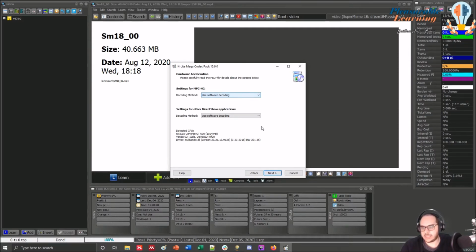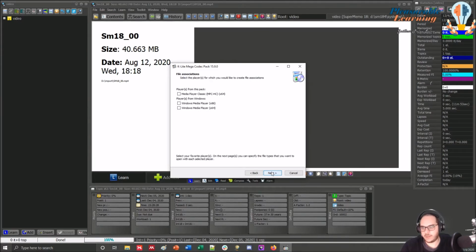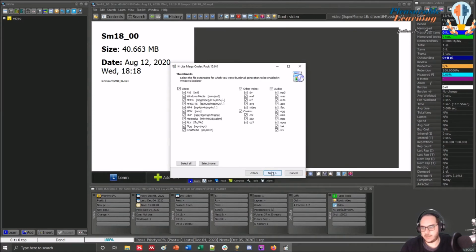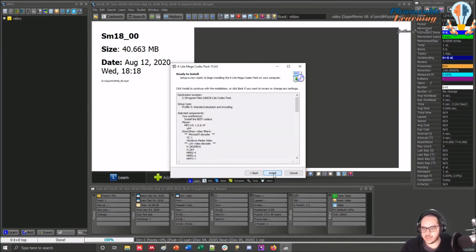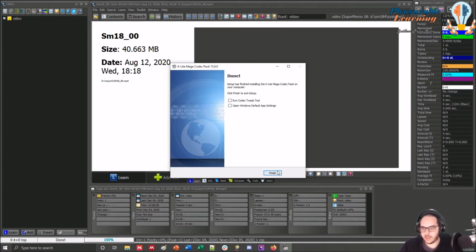NVIDIA, just in case, software. Stereo. Oh, so many options. Not everything SuperMemo can use, but just in case, I will leave everything. Okay. I think you don't need to restart.